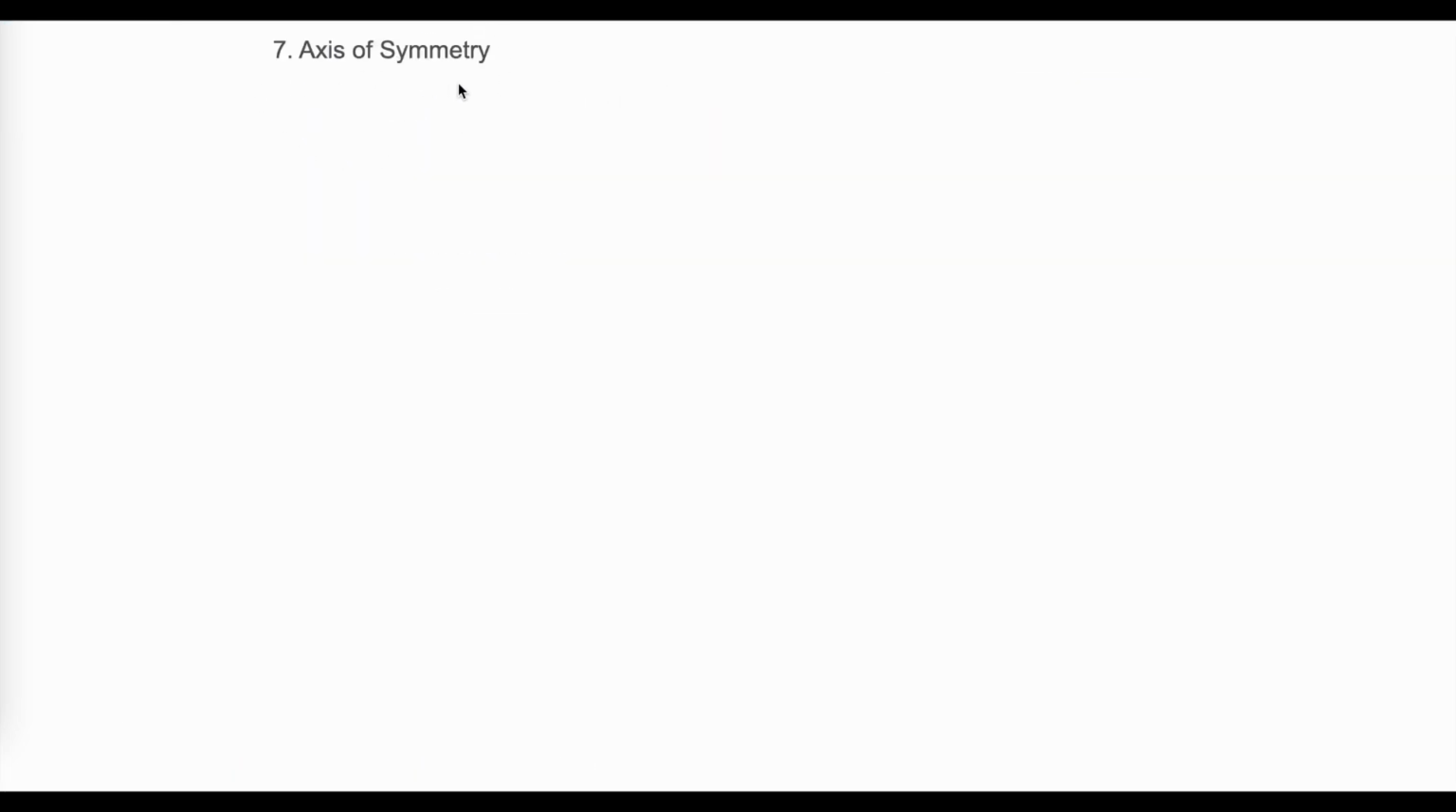Let's look at the axis of symmetry. In a function, it's the line x is equal to h. It's a line that reflects the graph onto itself. Let us go and have a look at some examples. I'm going to start with the parabola because it's symmetrical, and then we'll work our way back through the other